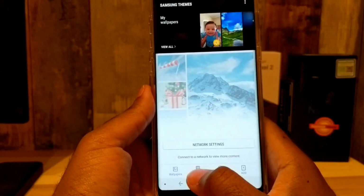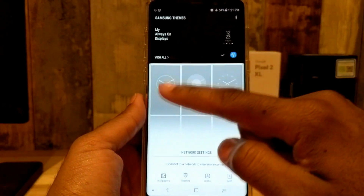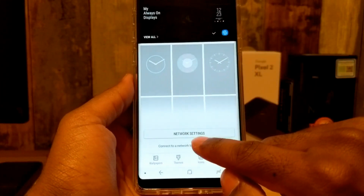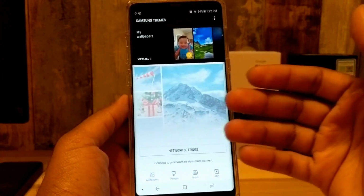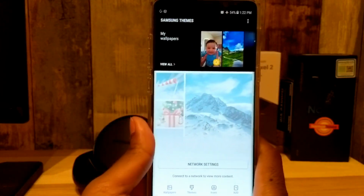Wallpapers and themes, and then it'll take you to this theme store. You've got wallpapers, themes, icons, and always on display. As you can see here, we've got different types. It's on airplane mode, so we can't really get more content. But yeah, just to show you that this is really good here. You can access a lot of things, so you can have a lot of customization, and